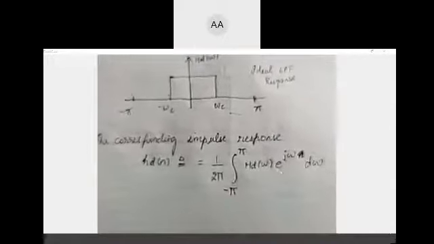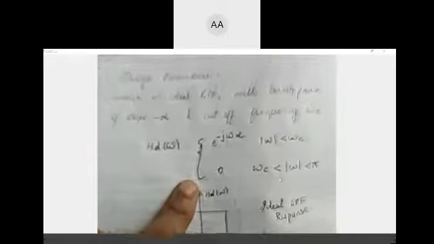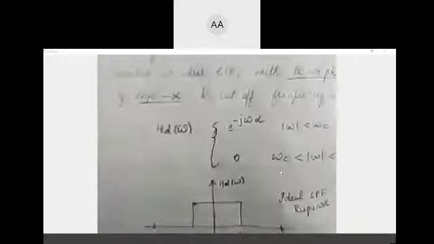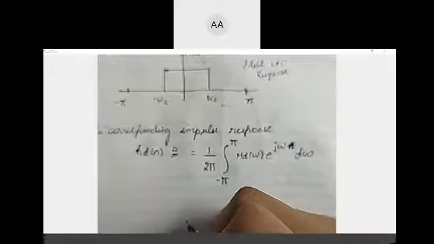So this is how you will get your Hd of n. You have the impulse response of the low pass filter. What is given to you is that you want to design a linear phase filter which has a slope, and the slope of the filter is important for us, along with the cutoff frequency omega c. Certain extra things that I'm writing, please write down, maybe in the notes also. These kinds of things won't be repeated again. Please have a look at that.